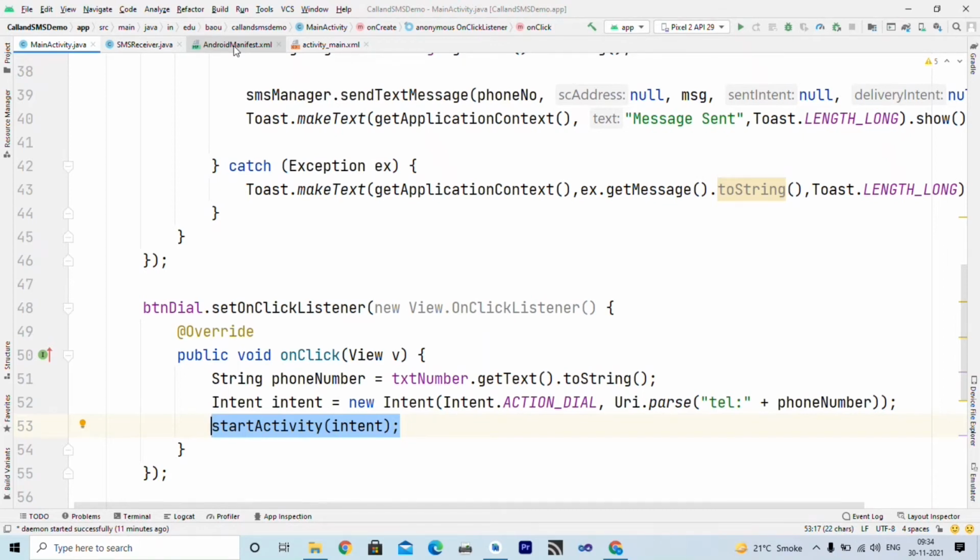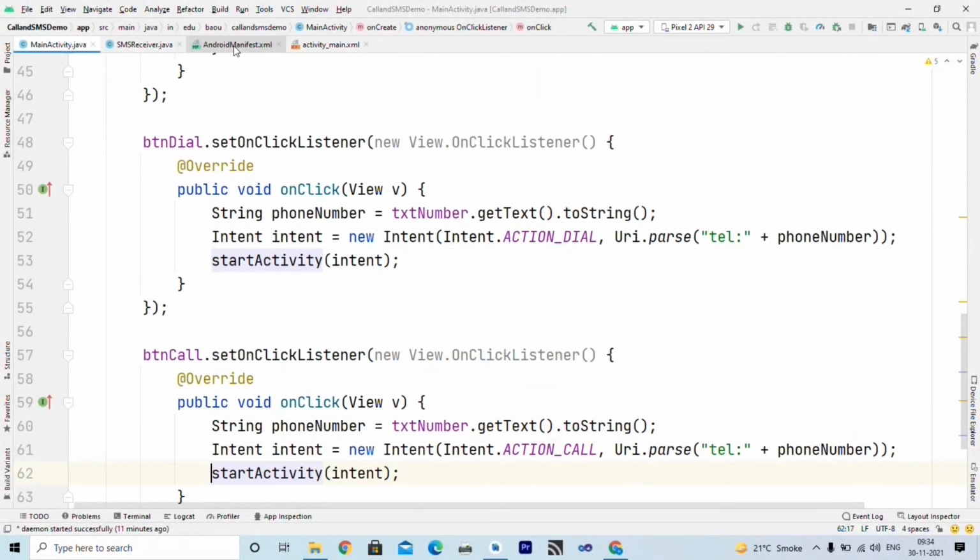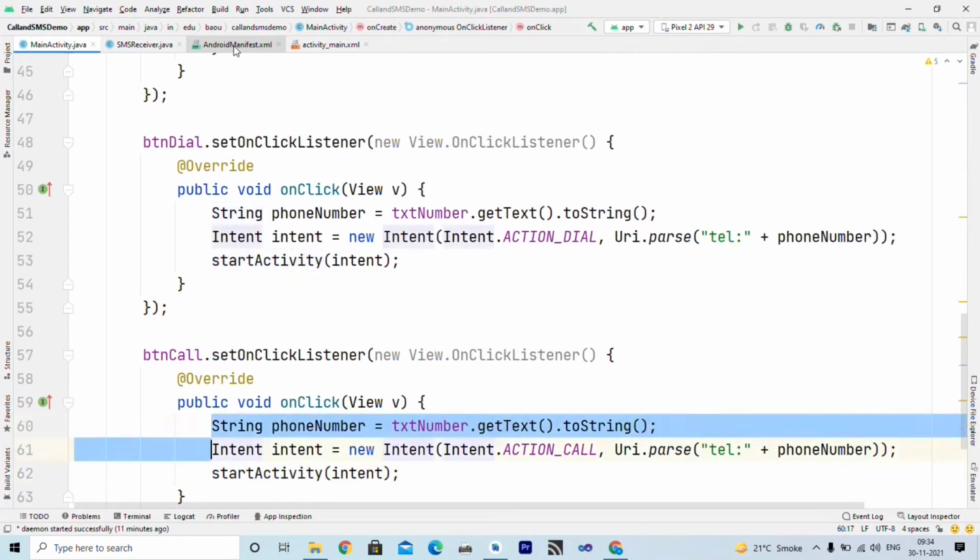So this code is very simple. Next, we want to immediately dial or call that number, right? The code remains the same. Inside the onClick method of the call button event, we write one line to get the phone number from the user as discussed earlier.